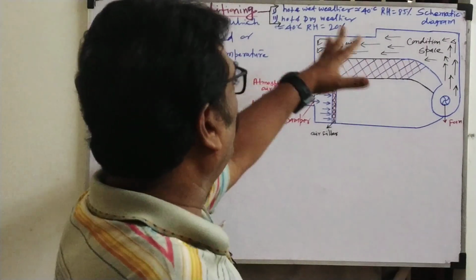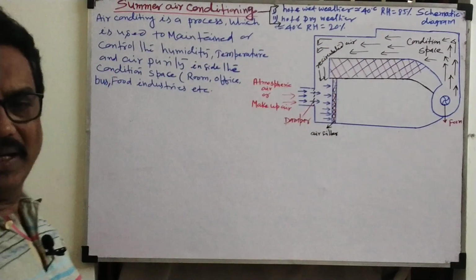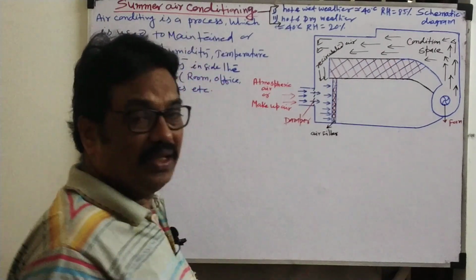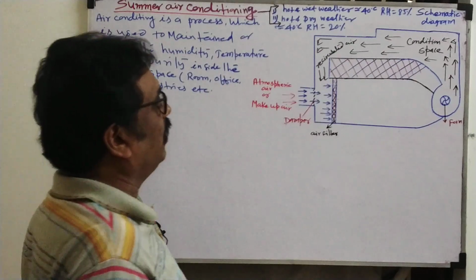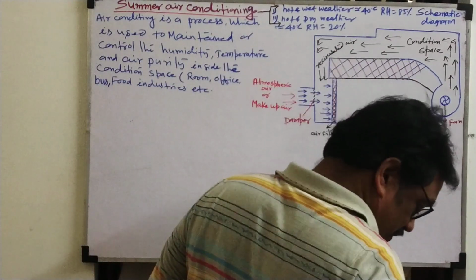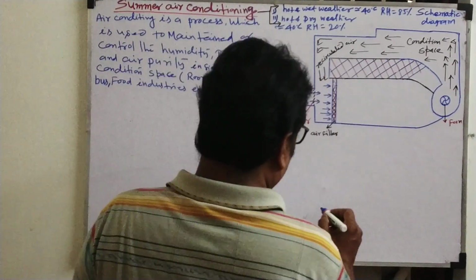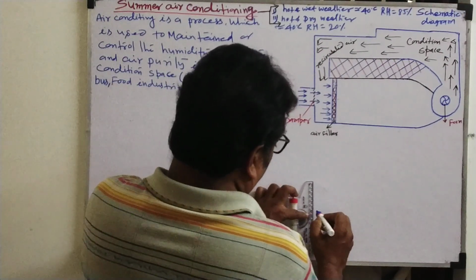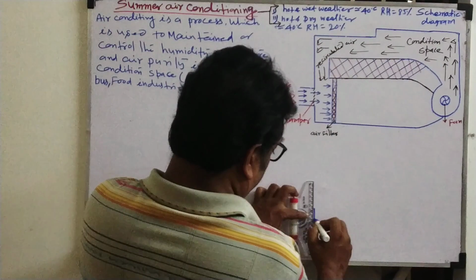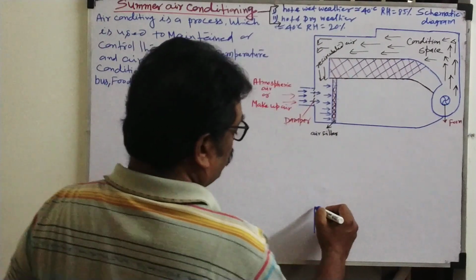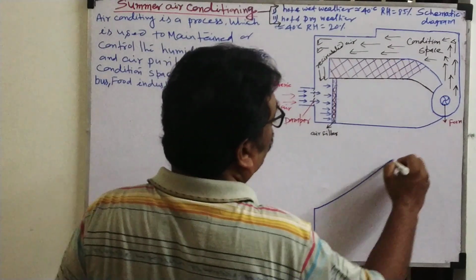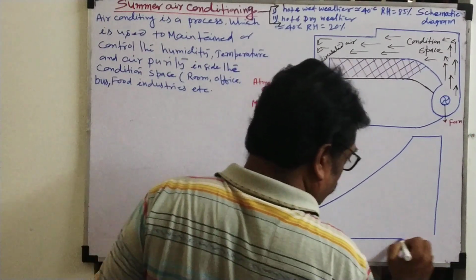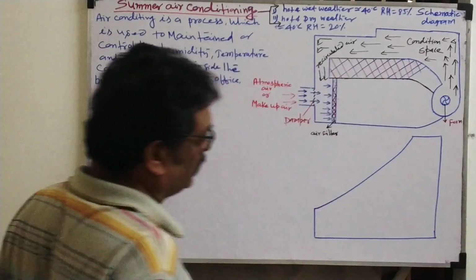So okay, now how we will show this on the psychrometric chart, and then we will see how the air conditioning is designed. First we will draw the psychrometric chart here. With the psychrometric chart only, we will design the air conditioning system, for summer air conditioning both ways. I already gave you the psychrometric charts in a previous video also. So we will understand with the help of the psychrometric chart only.